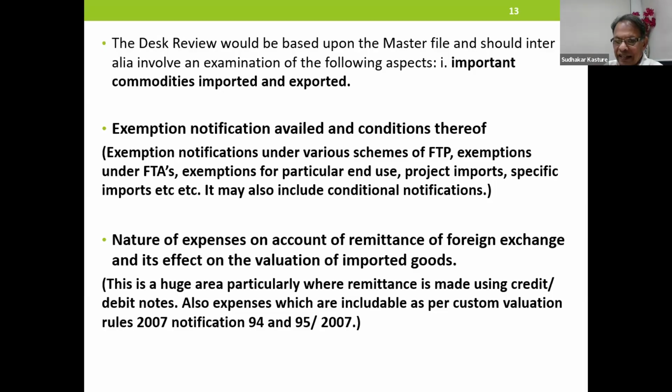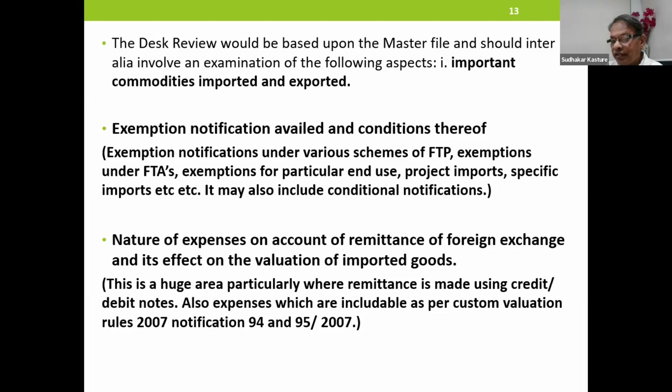First, exemption notification availed and conditions thereof. What does this mean? Exemption notification under various schemes of FTP: Advance Authorization, EPCG Authorization, EOU scheme, exemptions under FTAs. Large number of imports are going to come under FTAs.